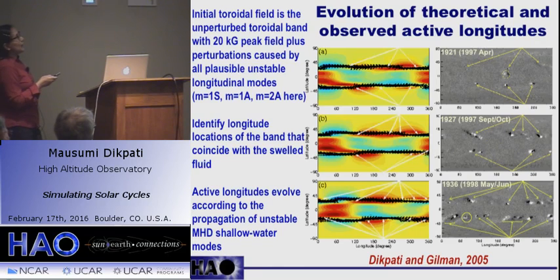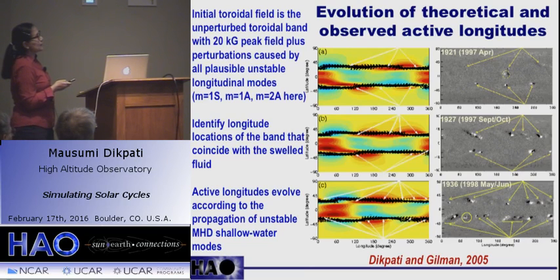And after then, don't touch; allow those modes to propagate according to their own phase speeds. So, after 6 rotations, the toroidal configuration will obviously change, and this is the new configuration. After 6 rotations, this is the synoptic map with new active longitudes. And see, again the swelling regions, that is the red regions, coincide with the band that you can match with